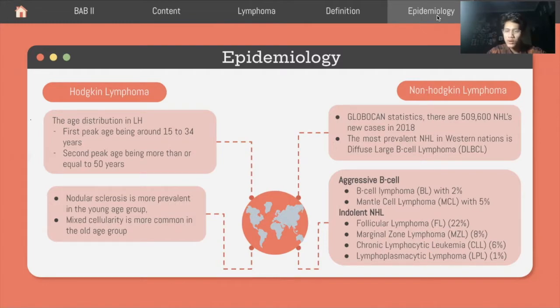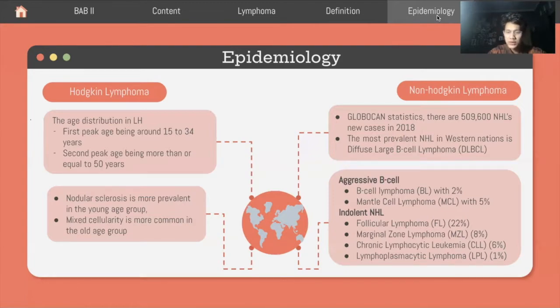Next, I would like to tell you about non-Hodgkin lymphoma. As stated by the most recent Global Cancer Observatory statistics, there were 509,600 new NHL cases diagnosed worldwide 3 years ago. The most prevalent NHL in Western nations is diffuse large B-cell lymphoma or DLBCL,